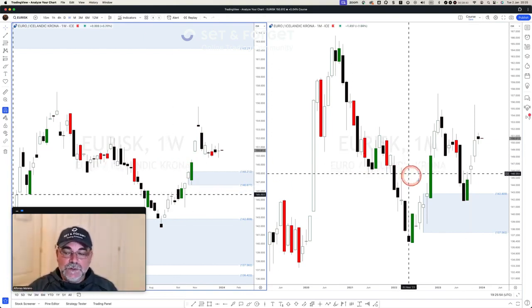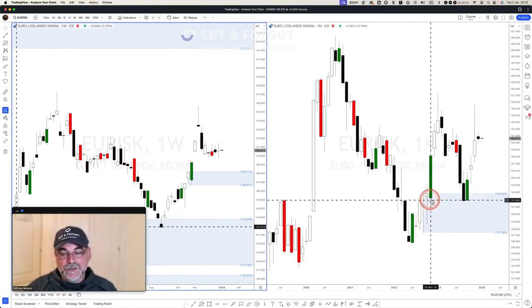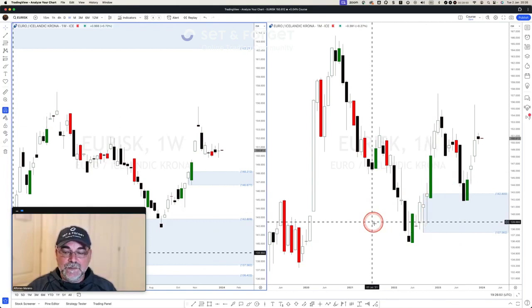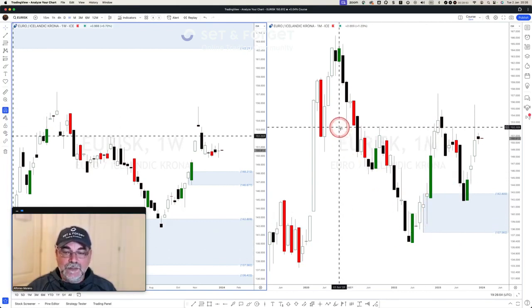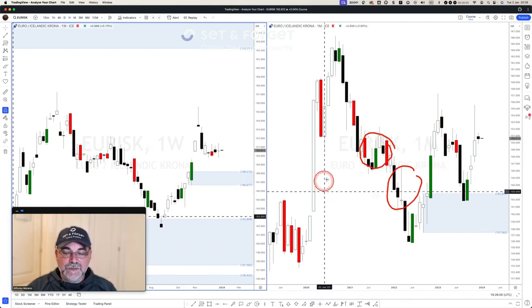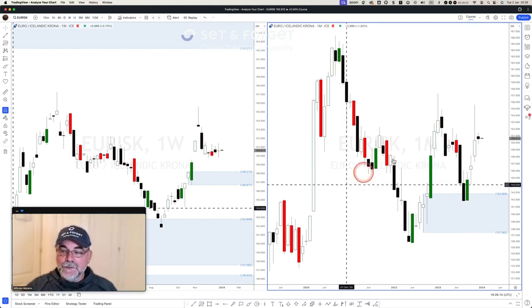So that's why we should take into consideration imbalances. You need to know what is an imbalance, why is that an imbalance, because this is not an imbalance, this is not an imbalance, it's impulses. All imbalances are made of impulses, but not all impulses become imbalances. So right now,